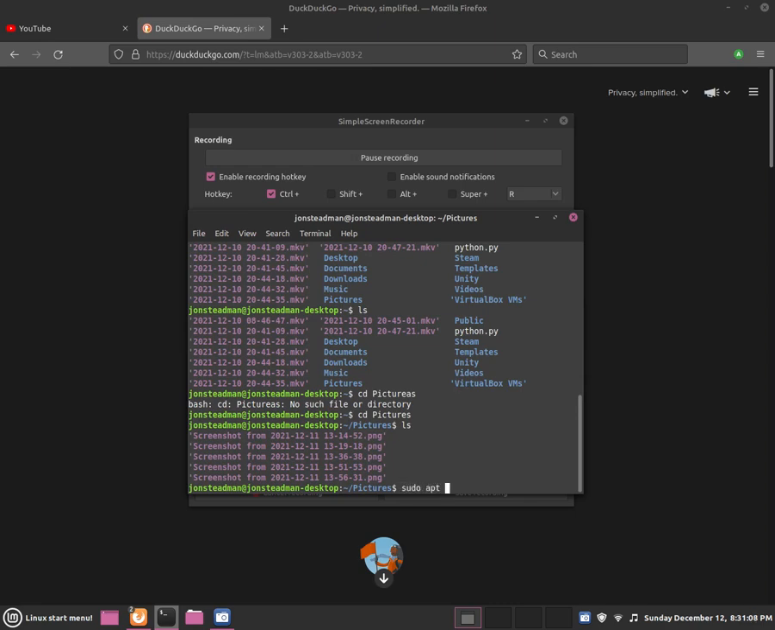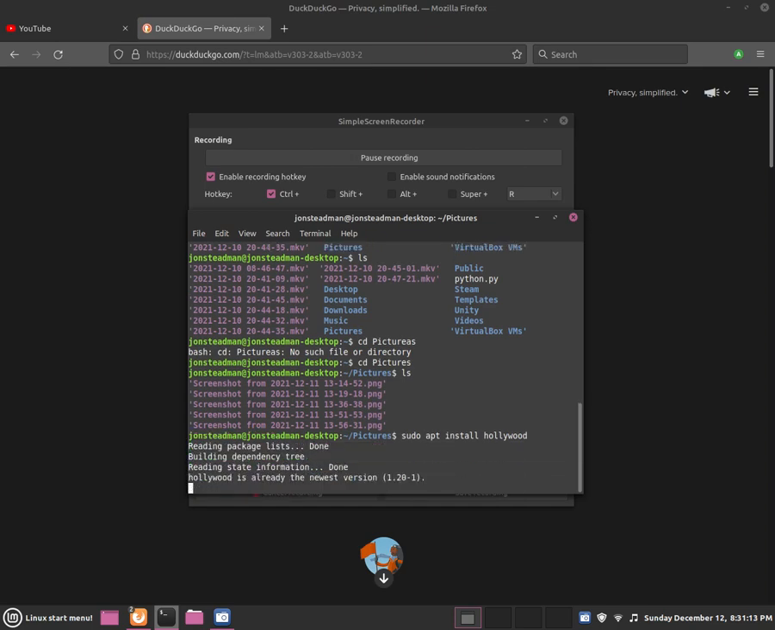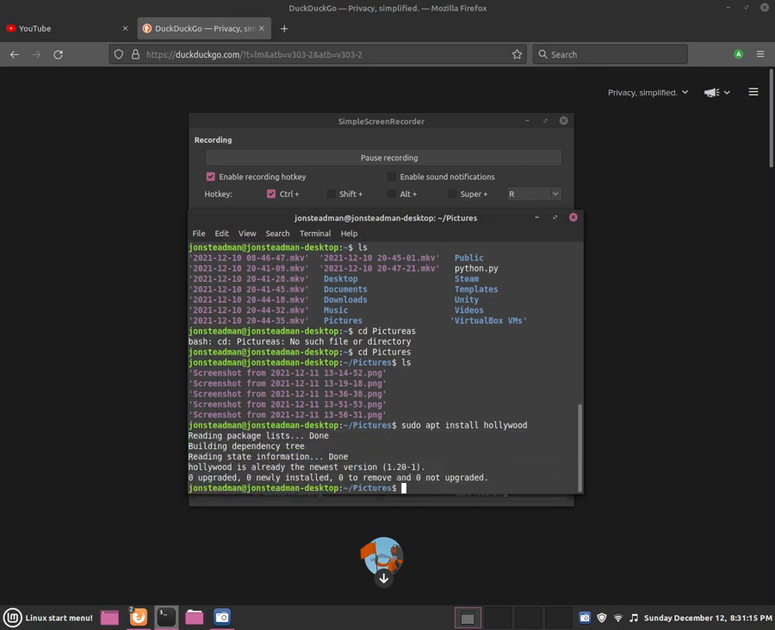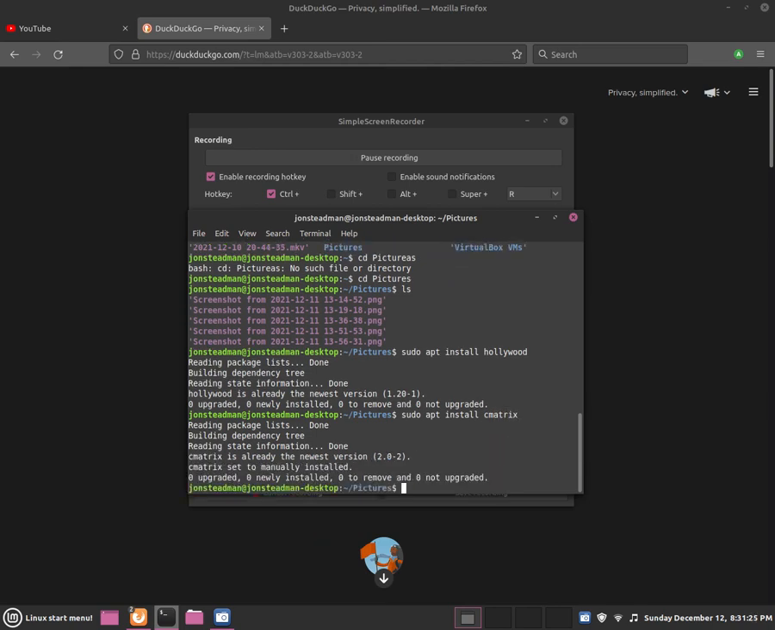If we do sudo apt install hollywood, you guys are going to love this. Okay, I have it already installed, but while installing it, you're going to have to press yes to be able to install it. So let me install something that I haven't installed yet. So I'm going to show you guys. Okay, so if something is not installed, well, it is installed. Okay, sudo apt install